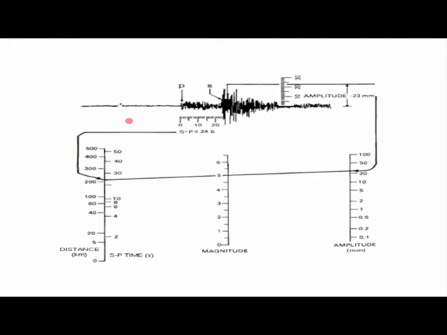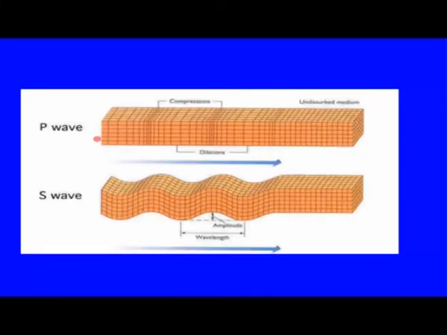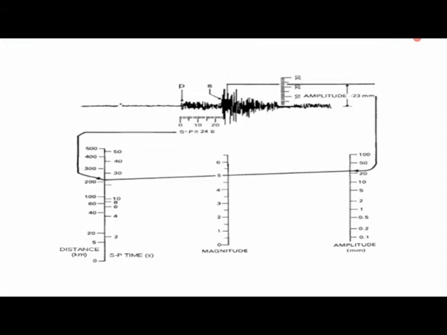So in the Richter scale, we have the time, that means here S wave and P wave. Now one thing I would like to show you: the P wave, obviously it is straight, so it will reach first. The S wave, that wavy one, will reach next. Out of these two waves, though they are developed at the same time, the P wave will come first and